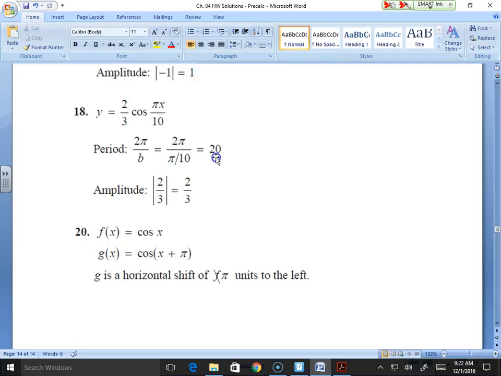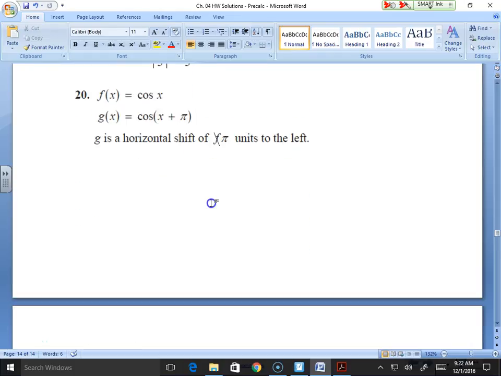Anyway, period ends up being 20 when you flip pi over 10 and multiply by 2 pi. Amplitude, number in front, 2/3. We like those, hopefully. Even though they were a little tricky, they were fast. Number 20. Long story short, looking at the 2,